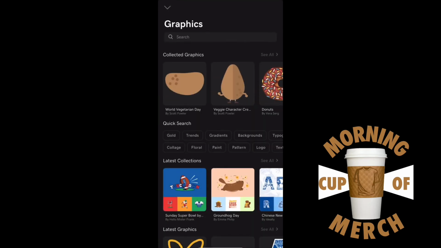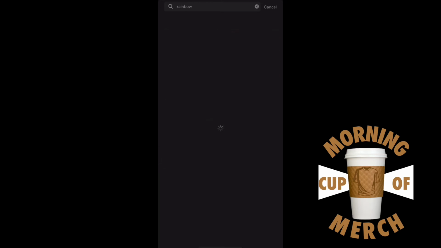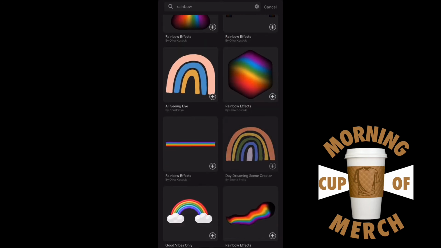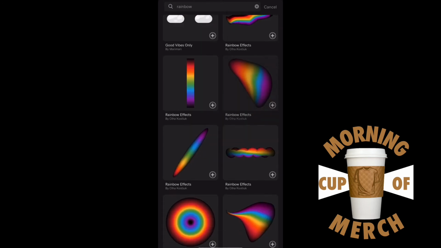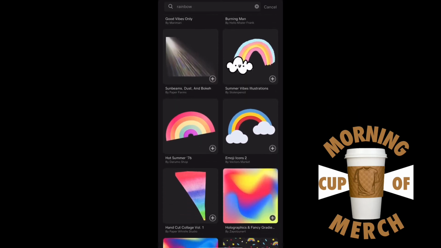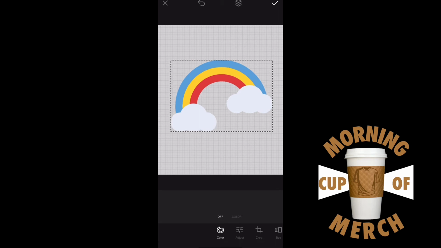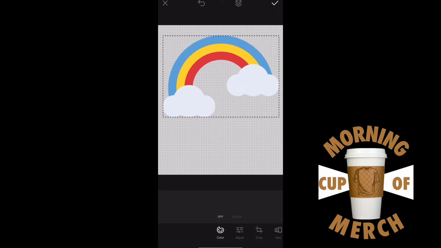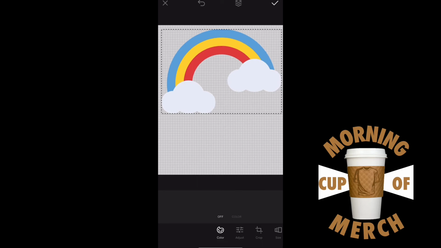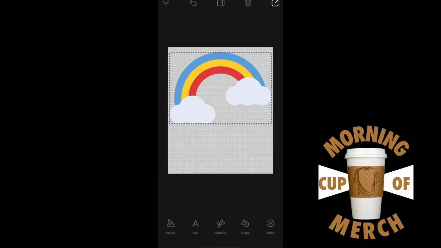So the first thing we're going to do is look for our rainbow. You're going to use their graphics if you have the pro version for commercial use. Let's see, there are actually some really good ones here, but there's one specific one that I'm looking for. Here we go. All right, and you just take it and pinch it, move it to size, whichever you feel comfortable with, keeping in mind that we want to be thumbnail ready. And now that we got it where we want it, we'll hit the check mark, and we're going to go